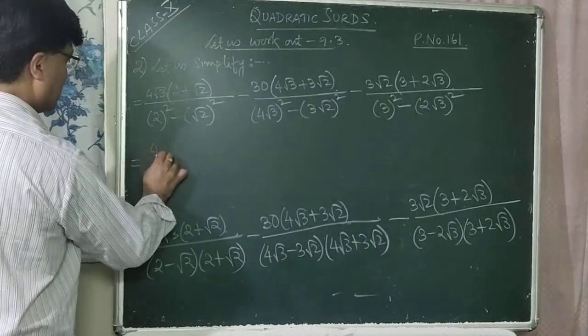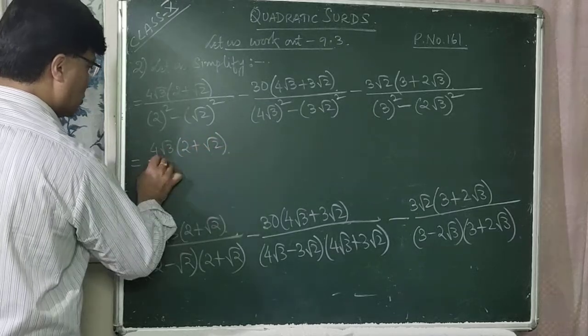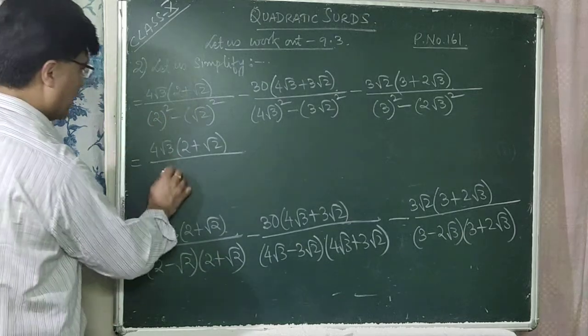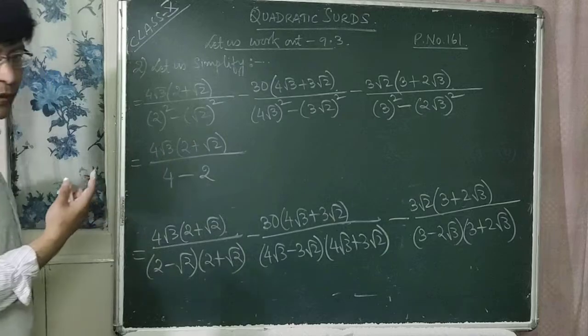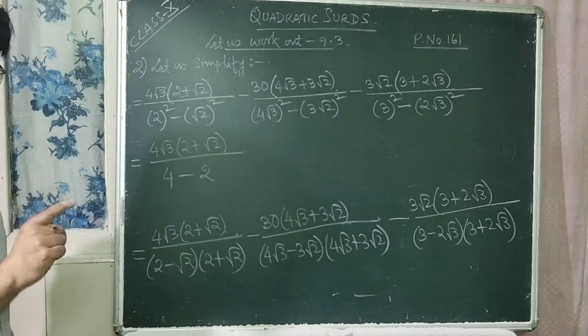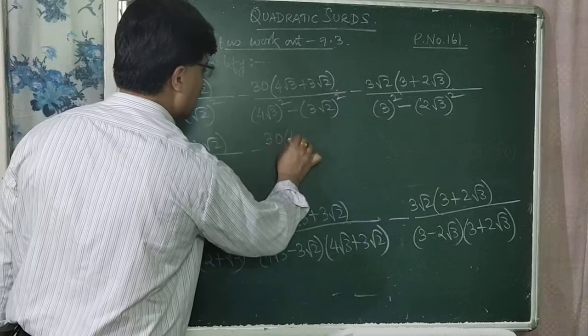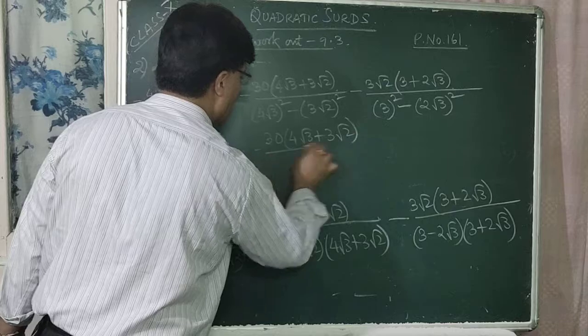Next, which is equal to 4√3(2 + √2) divided by, let us simplify the denominator. What is 2 square? 4 minus, what is √2 whole square? Only 2. √2 into √2 is √4, what is the square root of 4? It is 2. Minus 30(4√3 + 3√2) whole divided by